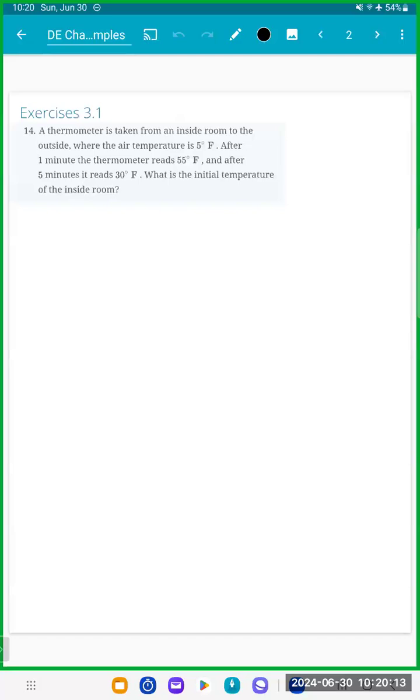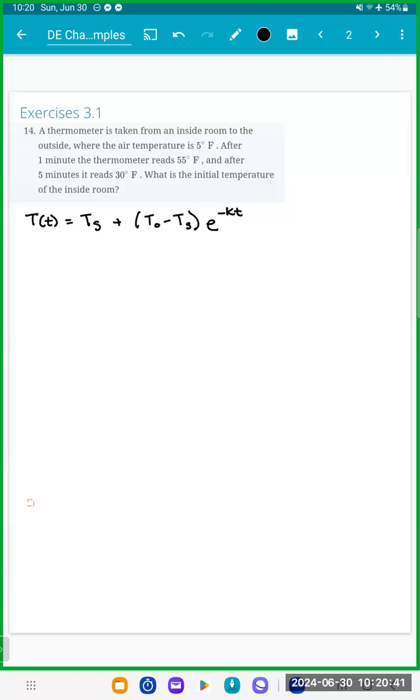So what we'll need to do in this one is use Newton's law of cooling. Newton's law of cooling is just that T of t is equal to Ts plus T0 minus Ts, e raised to the negative kt. Okay, so for this problem,